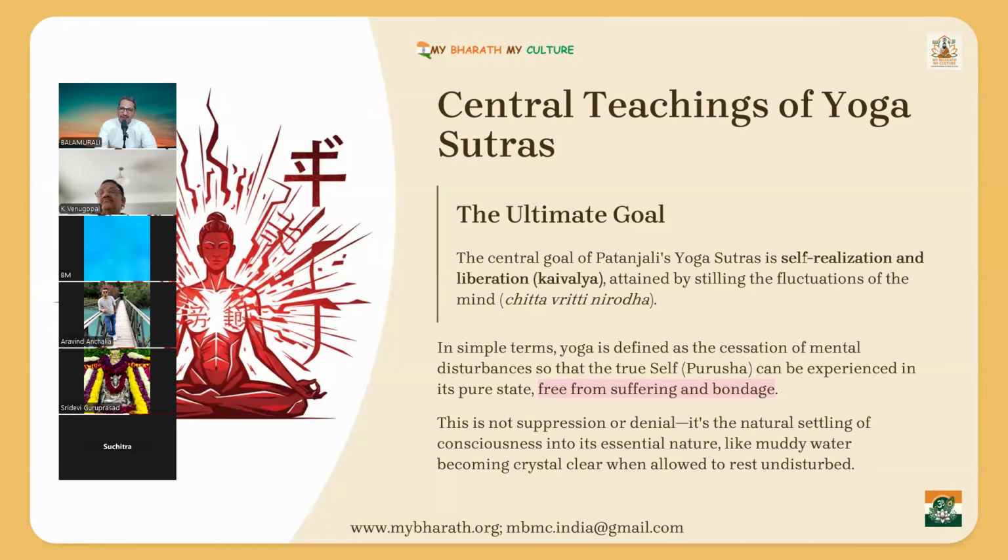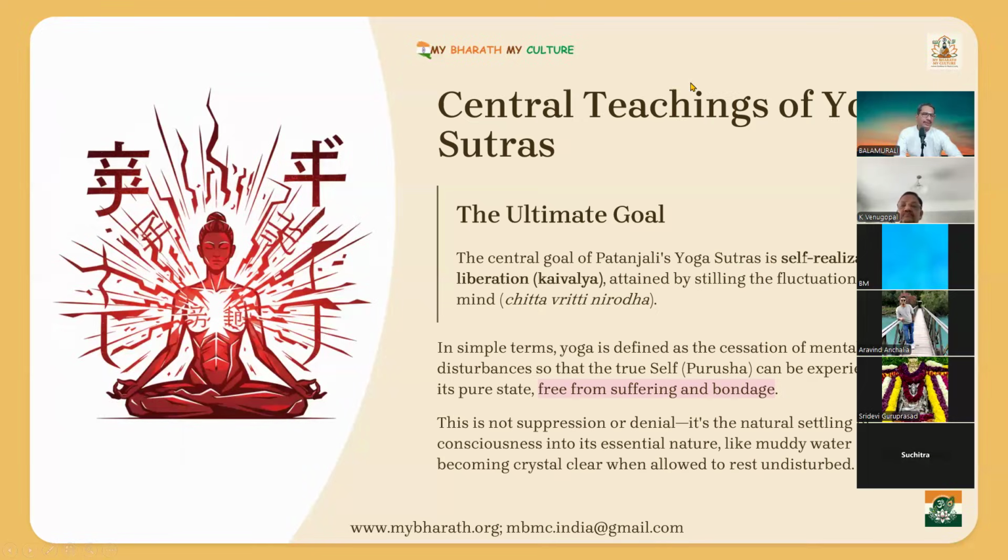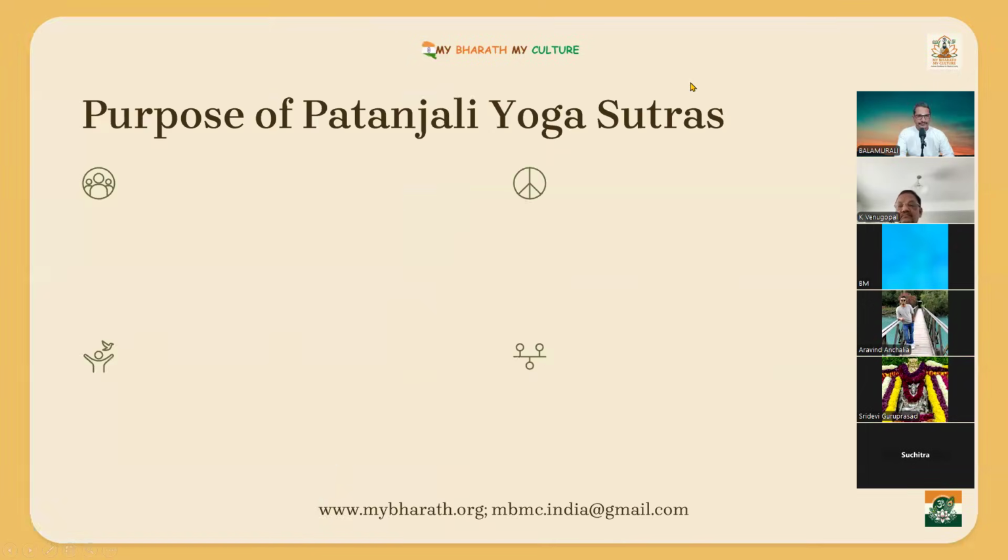So controlling means not suppression. There is something called sublimation. Sublimation means you make your mind understand what is the truth slowly. After that, without suppression, without force, the mind will come to terms with the truth. It will automatically come under control. It is not denial, it is not suppression, it is not controlling with force or anything. It is simply sublimation.